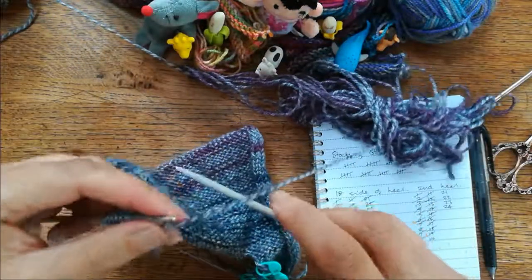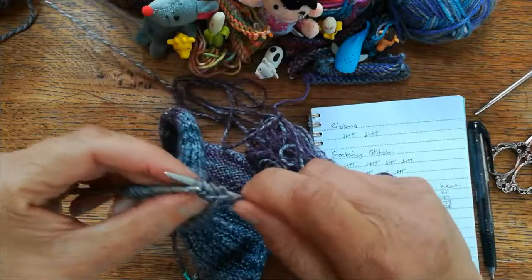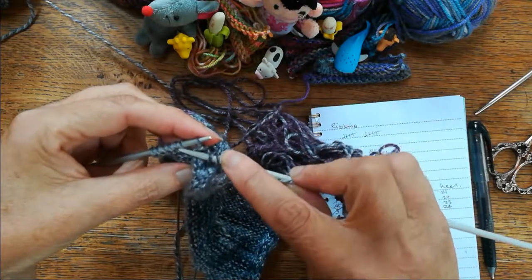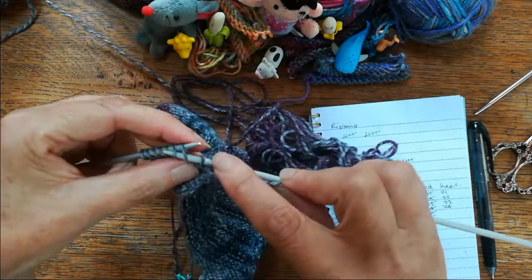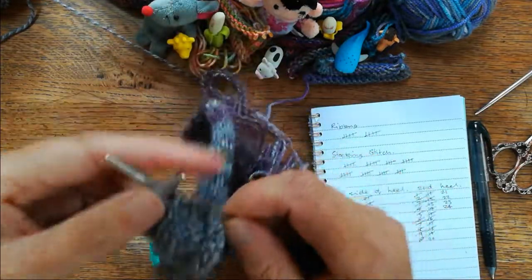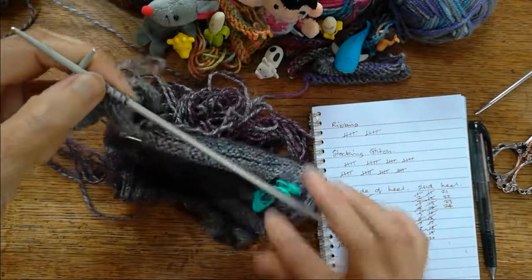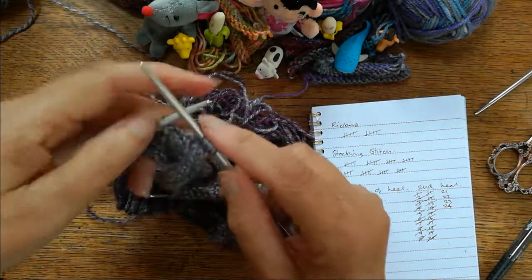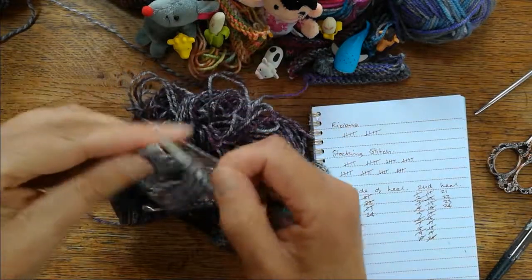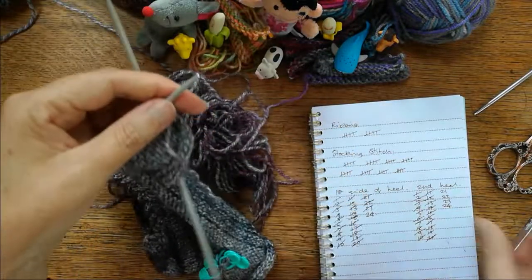Row 20, we're going to purl 4, 3, 4. Now we're going to purl 2 together. So again, the last one that we worked in the previous row and one of the unworked stitches. So we're going to put our needle in purl-wise into both of them, purl 2 together, purl another stitch and turn. Mark it off on our little piece of paper. And row 21, slip 1 knitwise, knit 5, turn, mark it off,